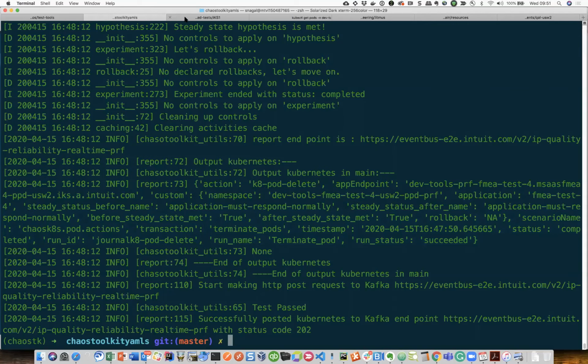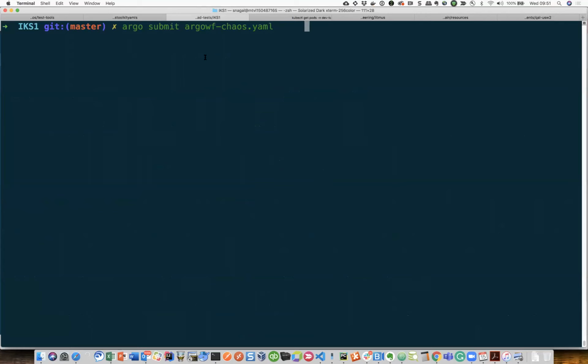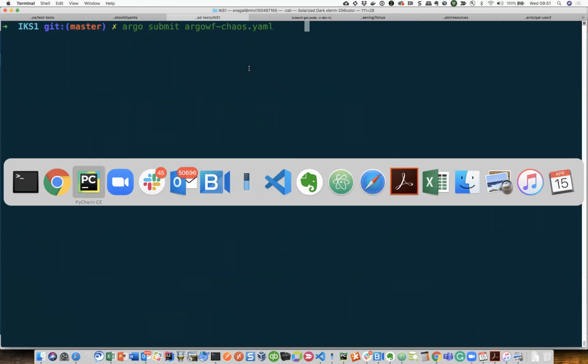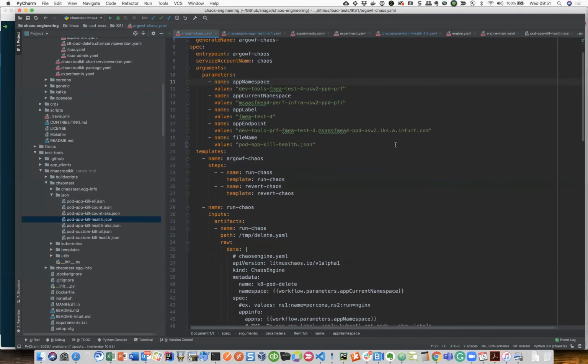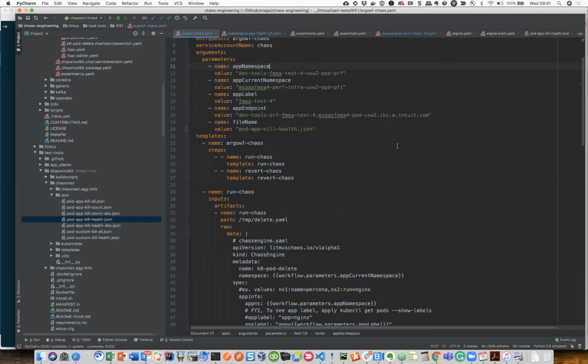Argo has many projects, and one of them is Argo Workflow. Argo Workflow goes in a manner where you define or customize certain parameters, and you use the flow, and as part of that flow you define how and what you want to execute.